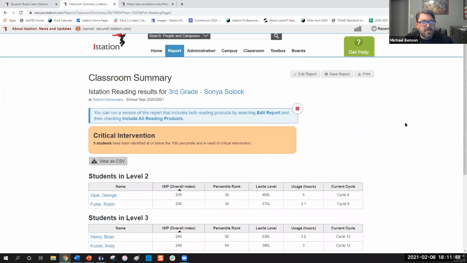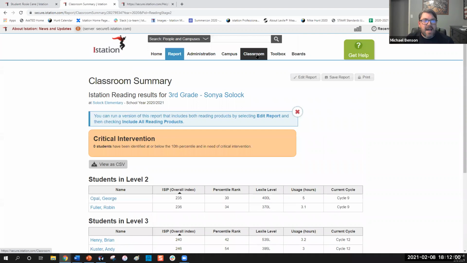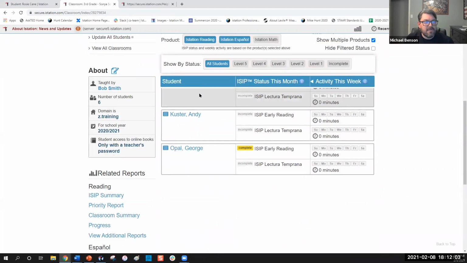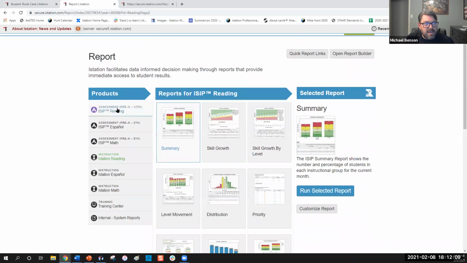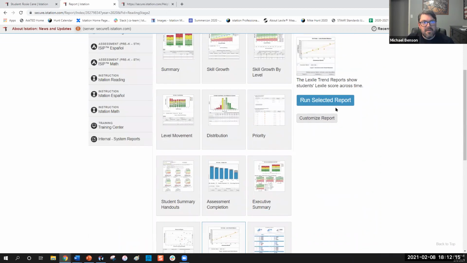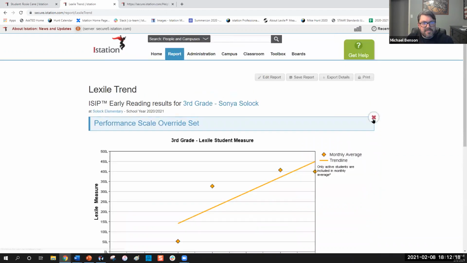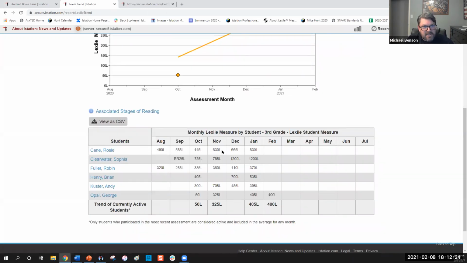right here, you can see you have a Lexile level column for all of your students here. Ooh, so you see another one right there too, Lexile trend, that's a good one too. That takes a couple of extra clicks, so if you go into your classroom, scroll down, go to view additional reports, and then assessment reading, and then scroll all the way down. You'll see Lexile trend right here for your class, and then run that report, and you'll see Lexile trend for the whole class here. And then if you scroll down, you will see Lexiles going across for each of your students. Okay, so a few different places you can see that Lexile level, but